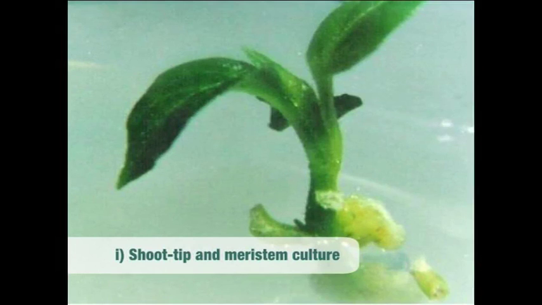The first type is the shoot tip and meristem culture. Shoot tip culture is the culture of terminal, that is about 0.1 to 1 millimeter portion of a shoot comprising the meristem, that is which forms about 0.05 to 0.1 together with leaf primordia and